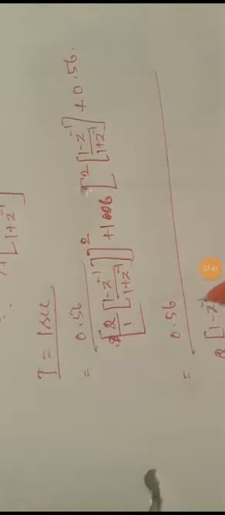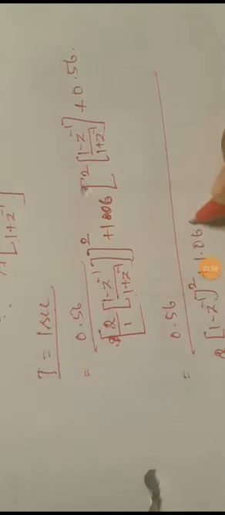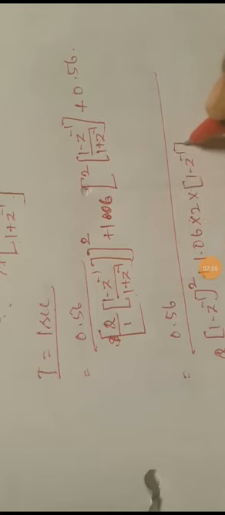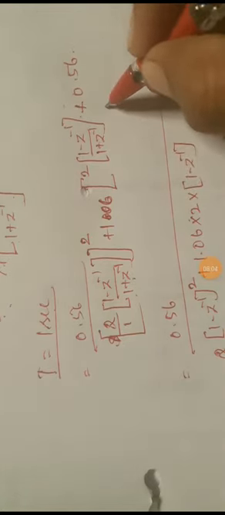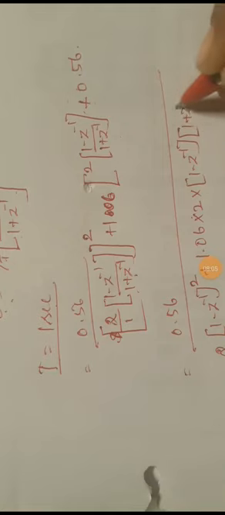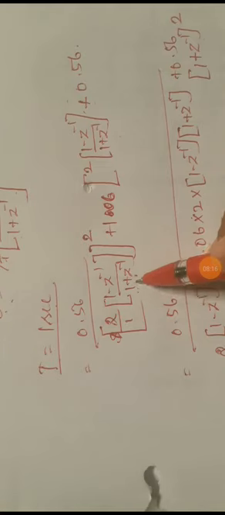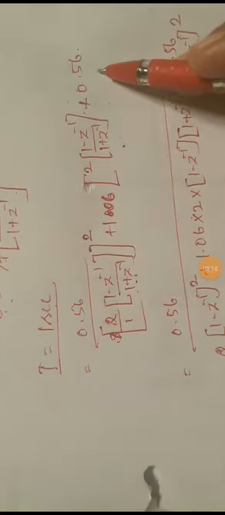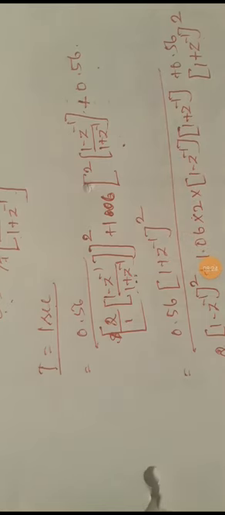So 2 into 1 minus z inverse the whole square, this part to be taken upwards, plus 1.06 into 2 into 1 minus z inverse. Here it is only 1 plus z inverse, so multiply and divide by 1 plus z inverse and 1 plus z inverse. So 1 plus z inverse goes to the upper side, and the lower 1 plus z inverse will be taken to the numerator. And for 0.56, there is no coefficient here. So we are multiplying by 1 plus z inverse the whole square on numerator and denominator, and the denominator's term goes to the numerator, 1 plus z inverse the whole square.